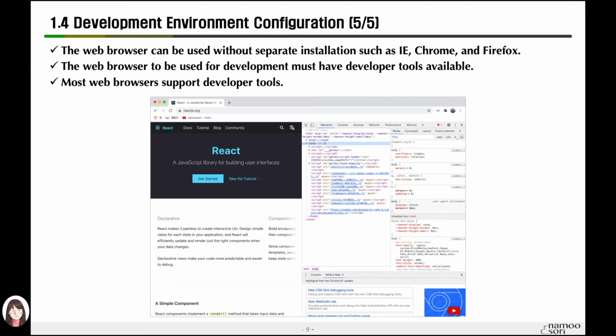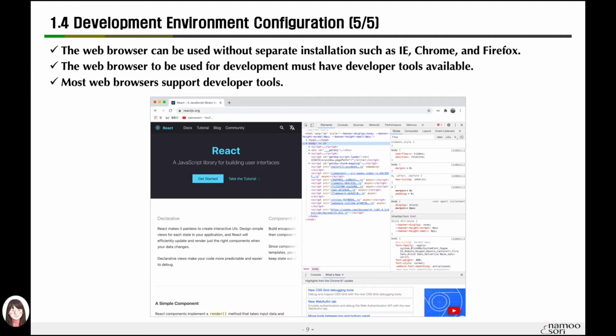When you have downloaded the IDE, Node, and a web browser, you have a basic environment for running React. However, in order to create and use an application with React, you need to additionally use a tool called Webpack. We will explain it in the next lecture as we proceed with the program, but we also use JSX syntax.